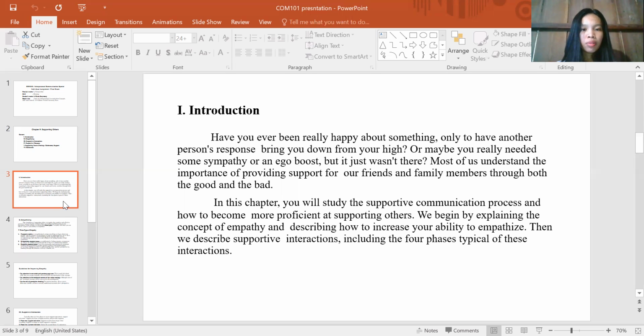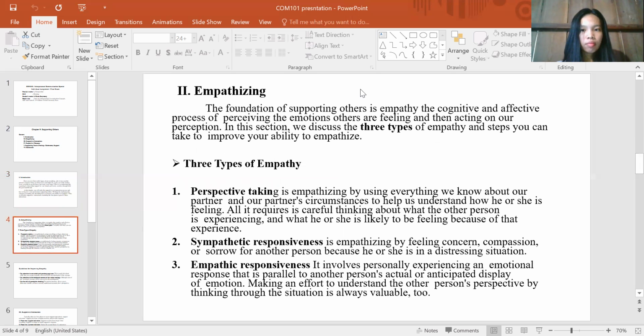In this chapter, you will study the supportive communication process and how to become more precise at supporting others. We begin by explaining the concept of empathizing and describing how to increase your ability to empathize. Then we describe a supportive interaction, including the 4 phases typical of the interaction. The next slide is part number 2,